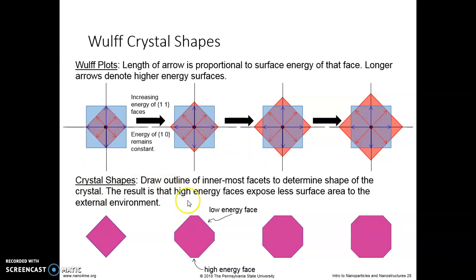Similarly, in the crystal shape, the longer side shows the smaller energy. Similarly, the smaller side shows the higher energy. You can see this side having the higher energy compared to this one. It's having the higher energy phases. Here, all the sides have the same area, so equal sides have equal surface energy.